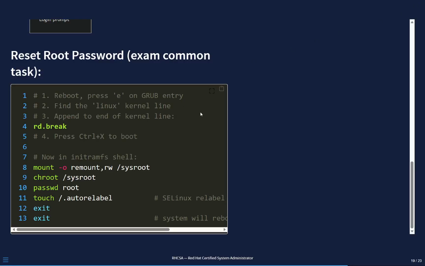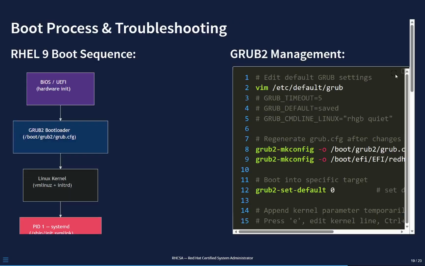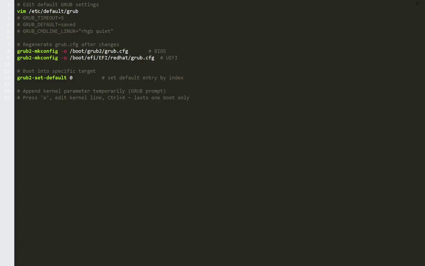Exit twice to reboot. Next, GRUB2 management. The configuration template lives in /etc/default/grub. Set the timeout, default entry, and kernel command line options there. After editing it, regenerate the actual config with grub2-mkconfig -o /boot/grub2/grub.cfg for BIOS systems, or the EFI path for UEFI systems. Know which path your exam environment uses,